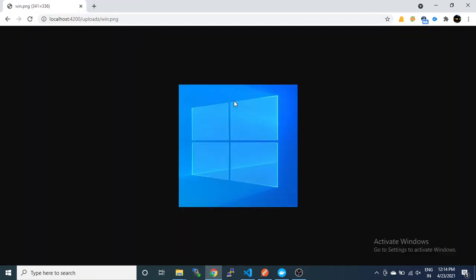So we will retrieve it like uploads slash win.png. So you can see, you are easily able to retrieve the existing image from that folder.